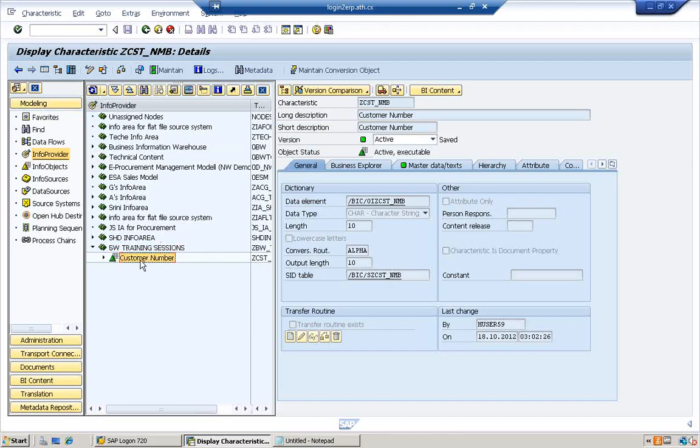The actual info object it brings in is customer number, but it is basically divided into two major sections. One is your attribute section, one is your text section. Alright, so you'll have to load data for both of them as well. So once you bring this in here, let's say we need to load data for the attribute value. Okay, so now for you to load data to the attribute, the first thing